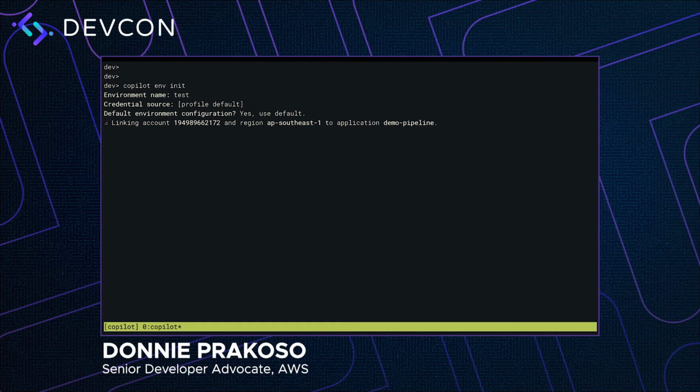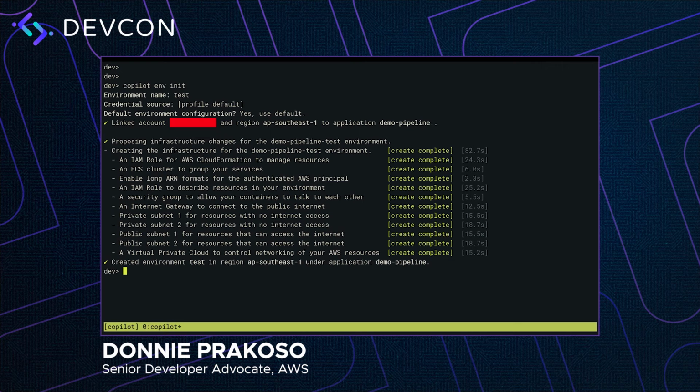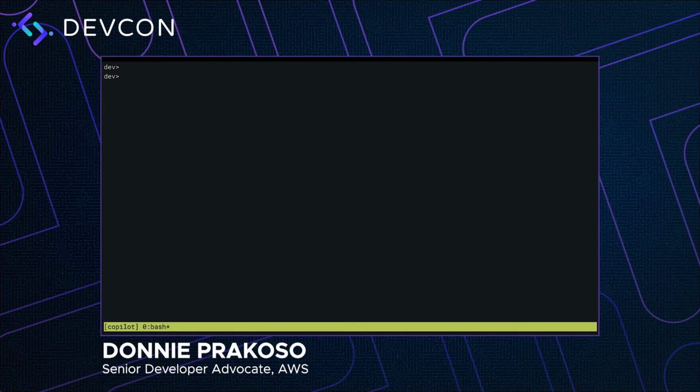You can also use various flags provided by AWS Copilot to create an environment. For example, you can also import existing resources like VPC and subnets to your preference. Now, as we have an environment for our apps called test, the next thing that we need to do is to deploy our application in the test environment.